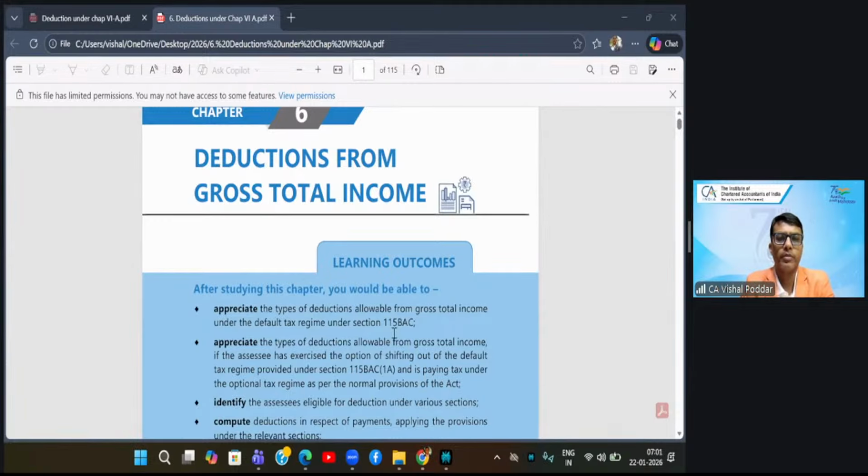Destination called deductions. Now, what are deductions? See, go by the literal meaning of it first. Deductions represent those amounts which would be subtracted, which would be deducted when you are computing your income. Now, deductions will happen at two levels. First, when you are computing the income of a particular head,